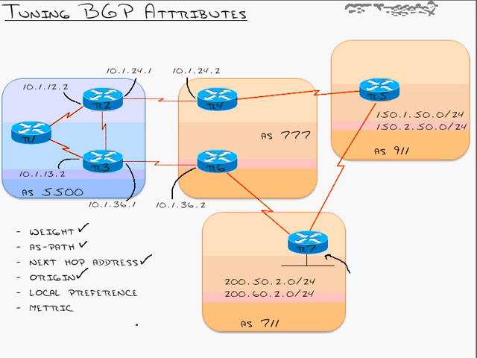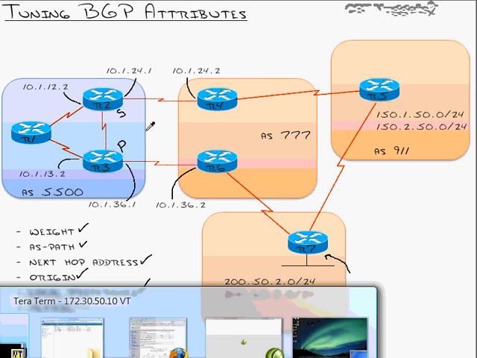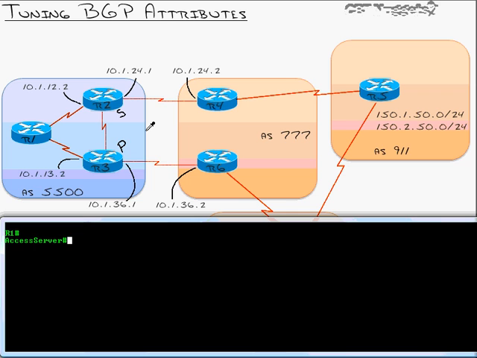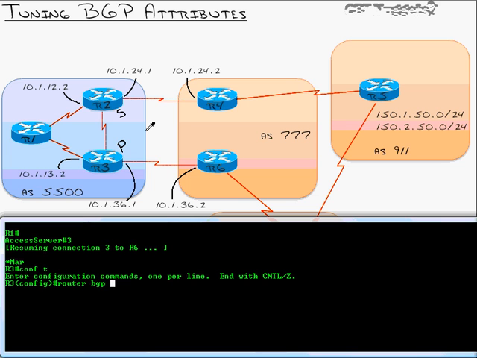So local preference. With local preference, the way that you can typically set it, let's just say this is our goal. I can go into router 3 and I want this to be my primary path for all routes. I want router 2 to be my secondary path for all routes. In that case, all I need to do is go into router 3, into the configuration, and I would type in router BGP 5500. I'm into my routing process. To set the local preference, so router 3 is used for everything as the primary router, I will say BGP default,